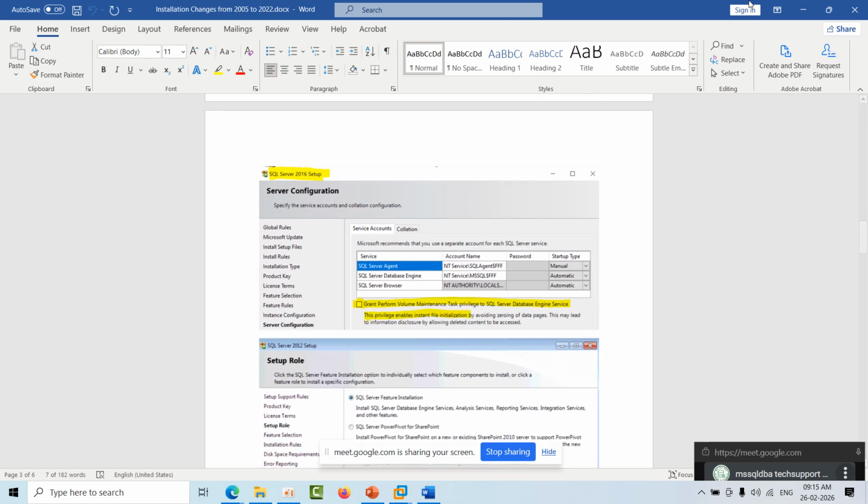I will share this document. Okay, so don't worry about that. You can take the printout along with the book. Okay, so